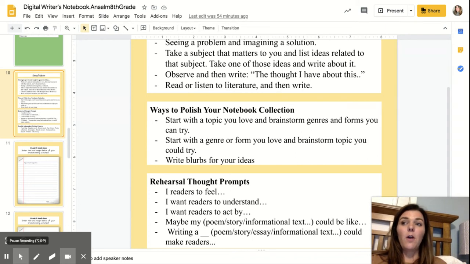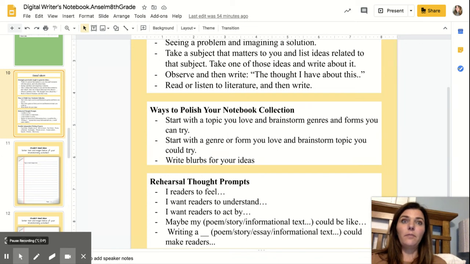So for example, this graphic novel teaches kids about how to be brave in the real world. Read on to find out the stories of famous brave people and tips for standing up for others in the world. Or this is a story about Mary, a middle school student who gets caught in the middle when a classmate is being bullied. Should she stand up to the bully or should she mind her own business? See how the blurb makes the path that the writing is going to take a little more clear, and it can help you really polish things off so that you can decide which pieces of writing are really your best that you should be using